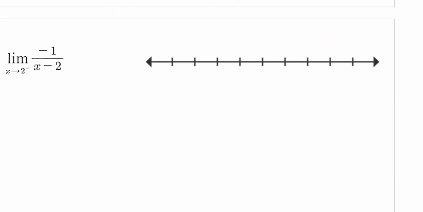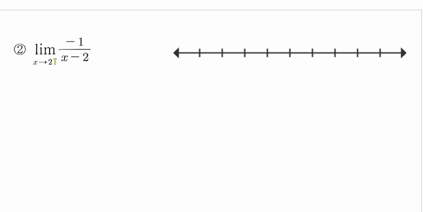Okay, so let's move on to question number 2 now. It's another one-sided limit problem because of this minus sign. So this time we have the number 2 in the middle. And since we're approaching it from the left-hand side, we need to pick a number on the left-hand side of 2, and maybe we can pick 1.9. And then from there, we do a direct substitution step here. So this will be negative 1 divided by